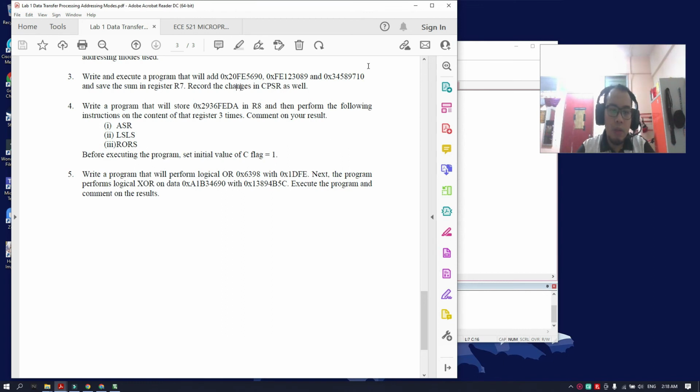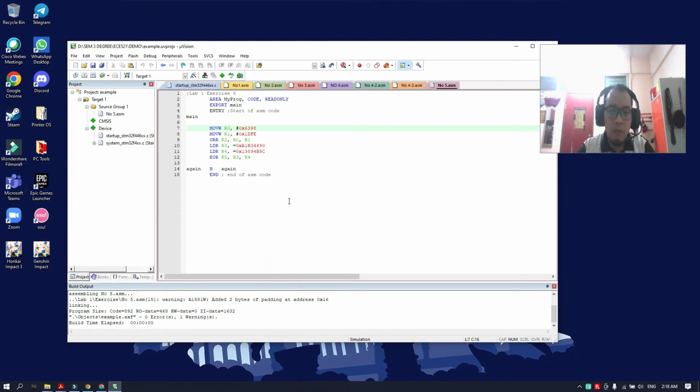So for question 5, the logical process happens there, and without further waiting, let's go for the coding. Alright, for exercise 5, I interpret it like this: first, we need to initialize both values that need to be executed with the ORR instruction, which is the OR gate,